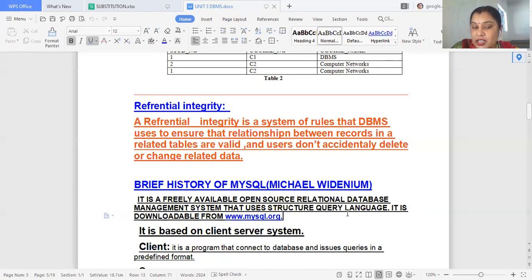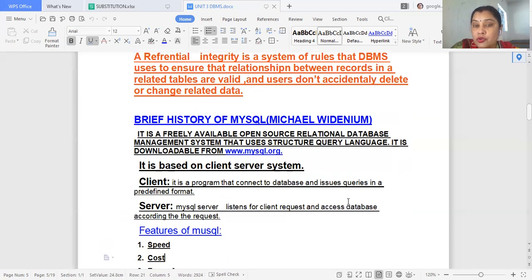The next topic for revision is MySQL. MySQL is an open source relational database management system that uses Structured Query Language, and it is downloaded from www.mysql.org.